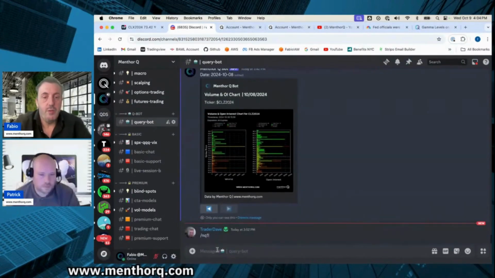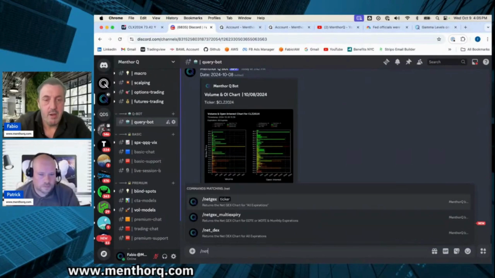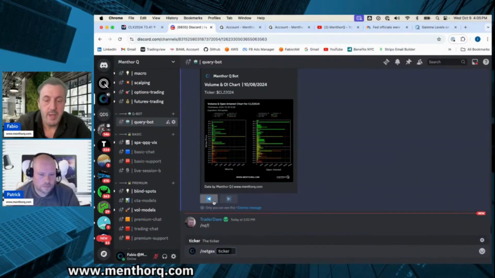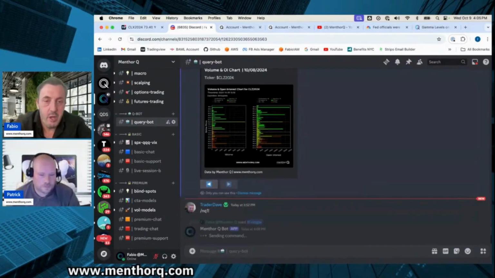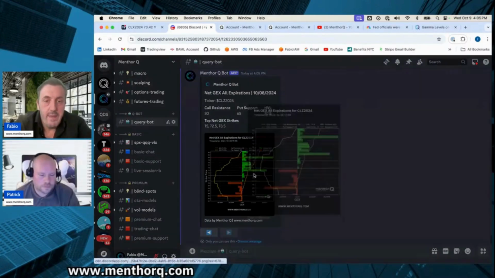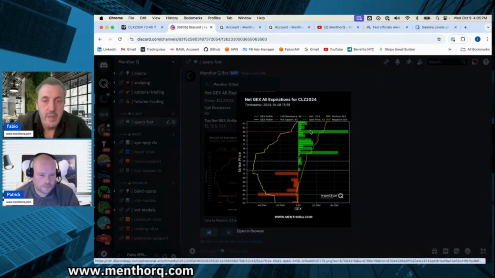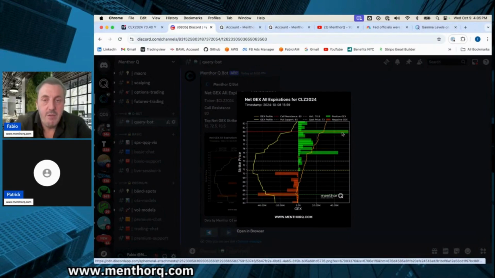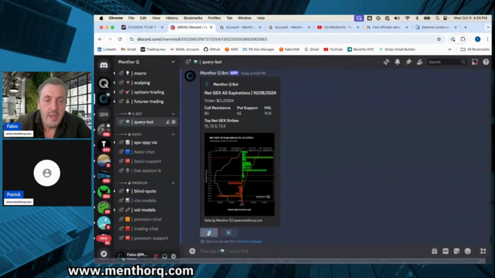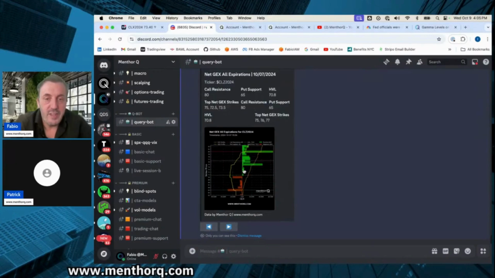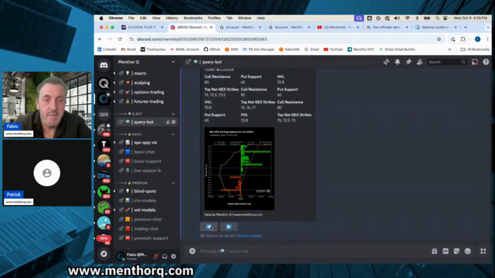The second thing we want to do is look at gamma, right? So we can use our net gamma exposure chart, and we can look at CL. We open the December contract, and we can see the gamma exposure here. Here we see that our core resistance is at the 80 level. We also have a big level here at 75, 74. Our high vol level is at 70. Here you see the positive net gamma exposure, and we have our put support all the way down at 65. We can also go back in time and see how things have changed. You can spot more green bars or more red bars as the positive or negative gamma changes